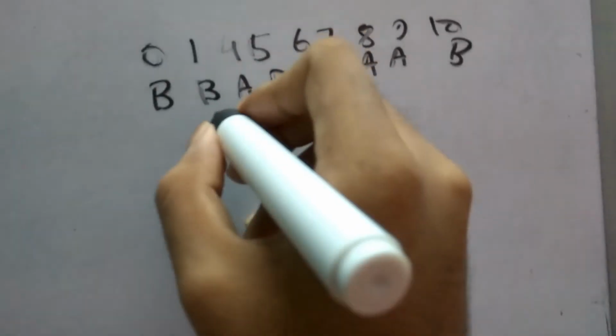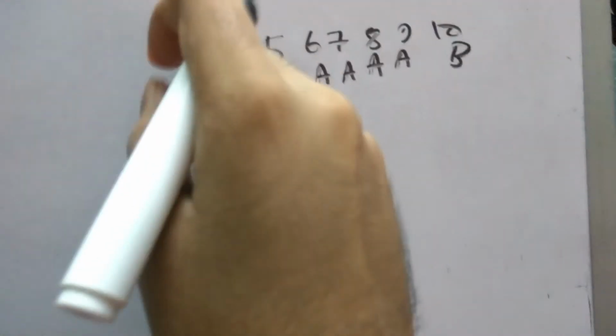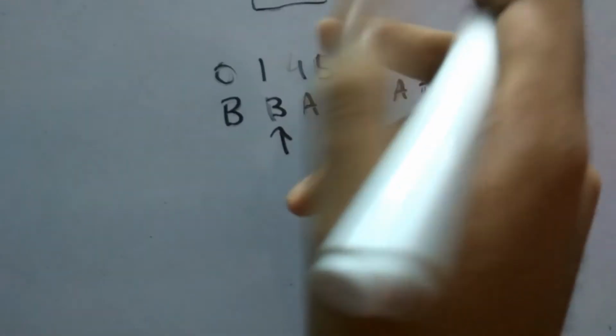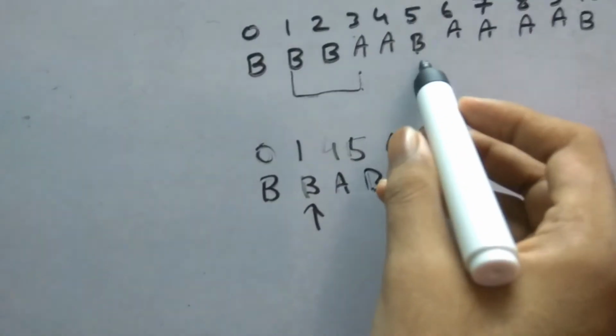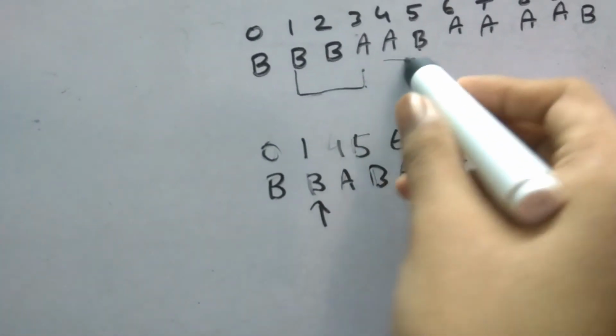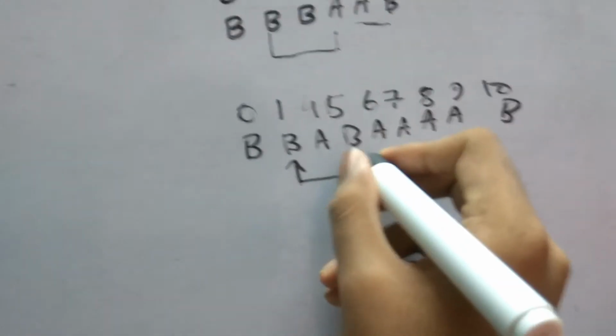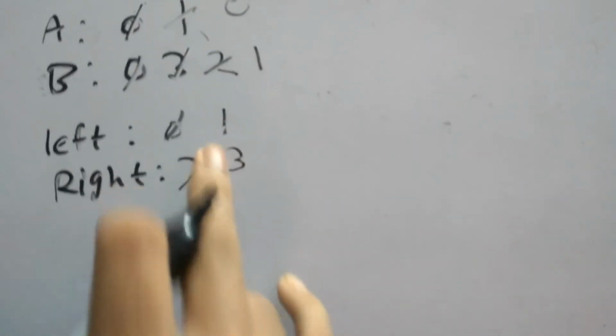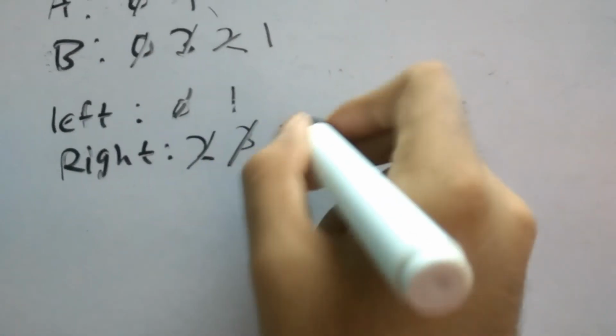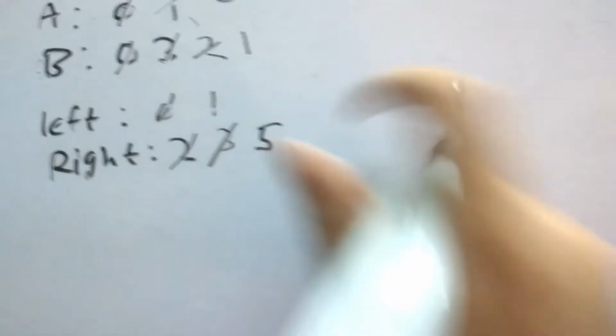and b. Now our left pointer is here as it is, but we have to increment from 3 until 5 because we are taking the next two elements, right? So we will be incrementing by 2. After that our next window will be this. Our left pointer is the same, but our right will now become 5. So for this length, let's calculate.